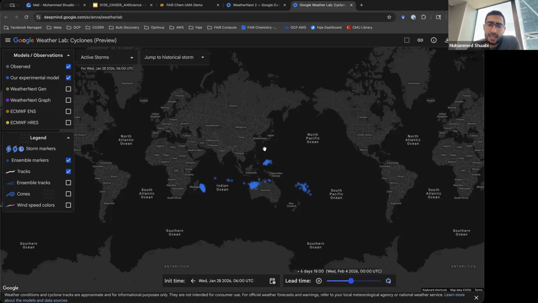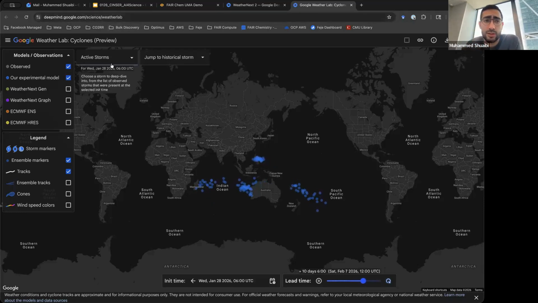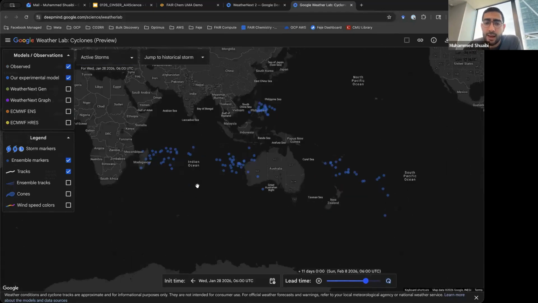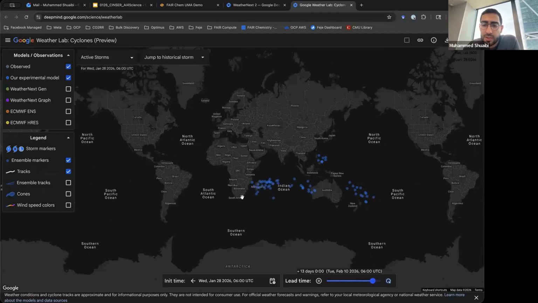No, absolutely, exactly. So what I'm showing here isn't our work. This is work from DeepMind. They put out a big paper last week on weather forecasting, and this tool you can go to now. If you just Google DeepMind Weather Lab, this is real-time weather forecasting of storms happening across the world. It's super exciting to see tools like this coming out and really making a difference. I like the point you made: not everything is discovery. I don't need to find a new material. This one is saving lives by giving people better heads up of dangerous storms, climates, whatever the case may be.